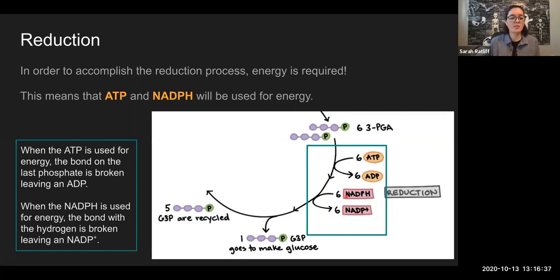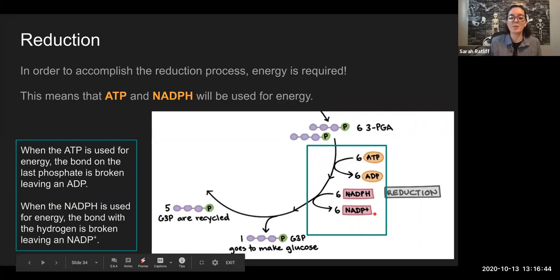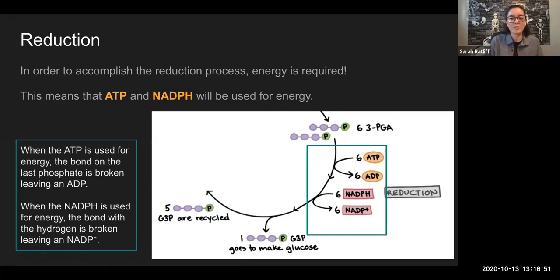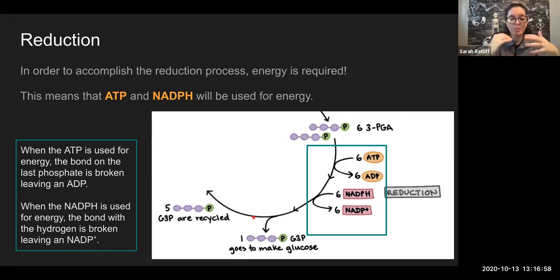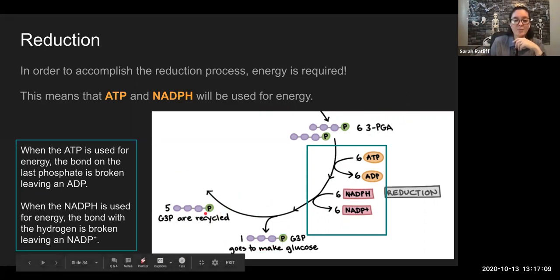And we're also going to use some of those electrons from NADPH. Again, that H is going to break off, release those electrons, and we'll be left with NADP+. This is the energy we're using to rearrange our 3-PGAs. The result is something called a G3P molecule. Again, 3 because we have 3 carbons, P for that phosphate group. And we're going to have 6 of these. Remember, we started with 6 of these PGAs, so we're going to be left with 6 of these